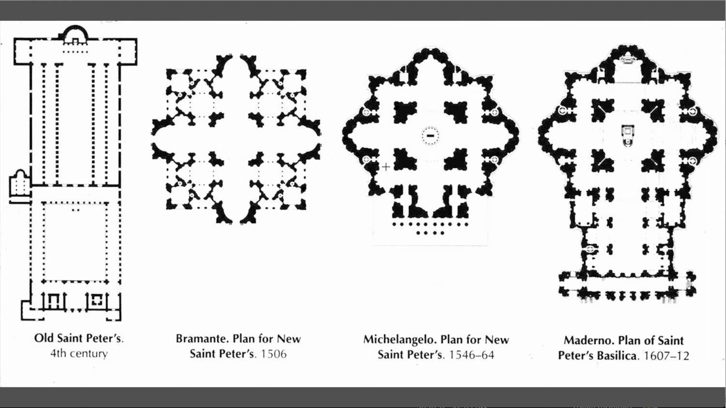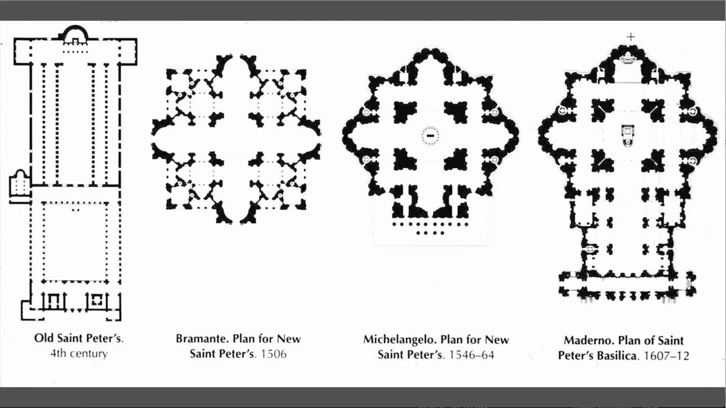This was all starting to be built while this was the plan, and then later, after they had built much of this, they decided to change the plan a little bit and extend it out, because as wonderful as a centrally planned church is in many respects as far as intellectual idealism is concerned, in terms of the liturgy of the church, they need a kind of longitudinal axis, and they like the idea of it